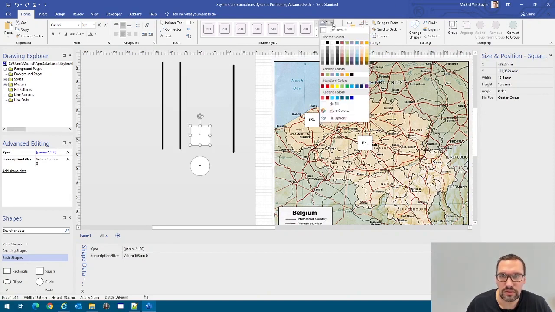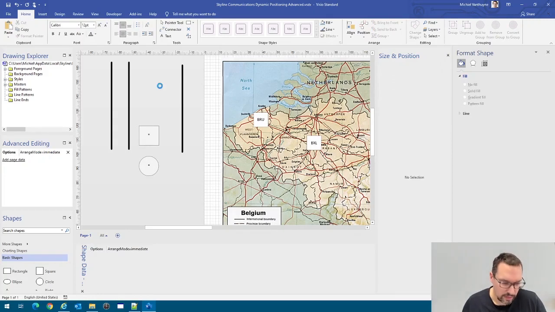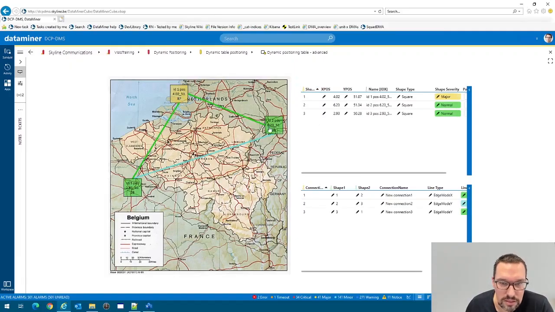So if I change the fill of my shape, fill options, let's make it about 50% transparent. I'm gonna do the same with the circle here. Okay, save this. Okay, so now you can see the map partly through the shapes and the connectors are moving